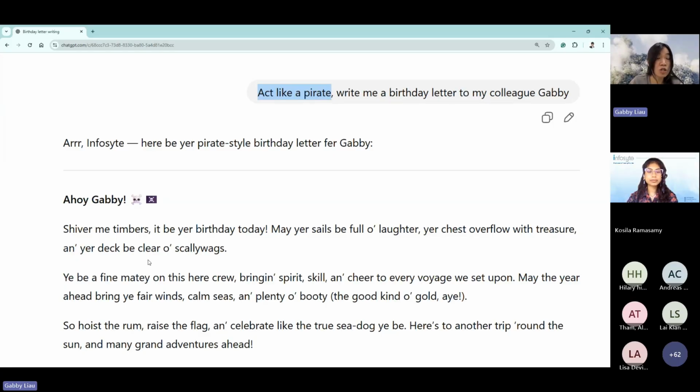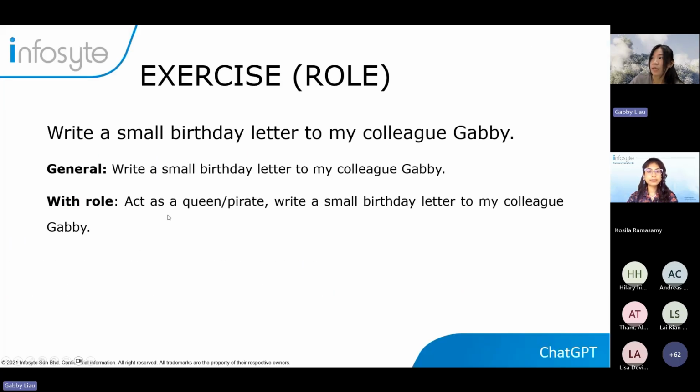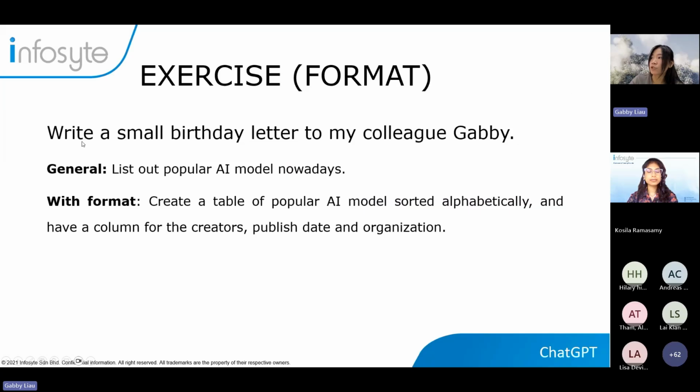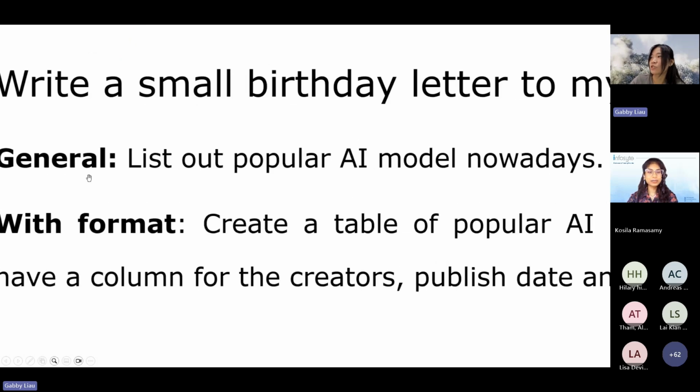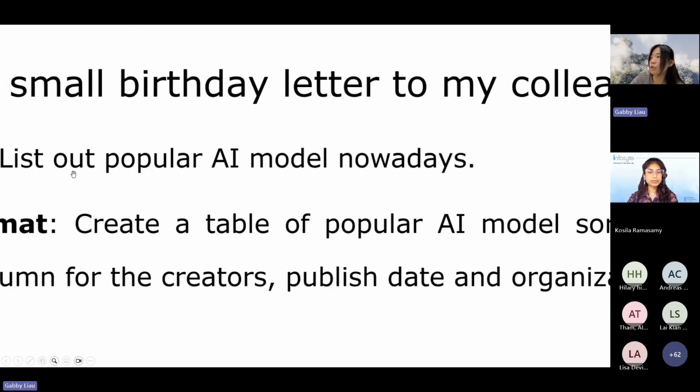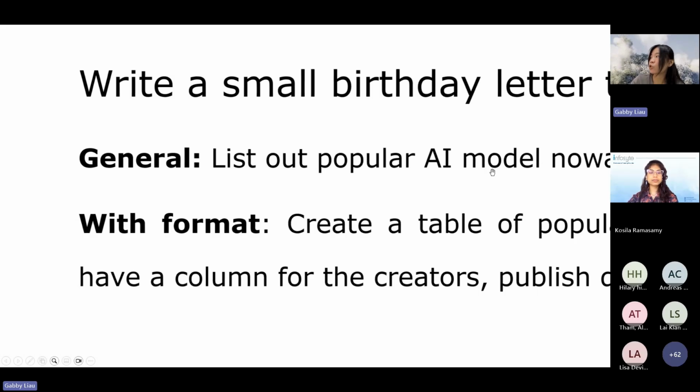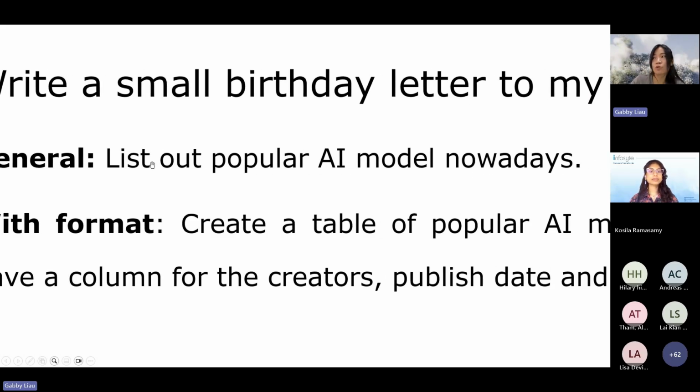If you ask for financial advice, you won't simply ask anyone, but you will feel more trusted if the person is an expert in the field. So that's why we're going to apply it in our prompt as well. Okay, so this is the effect of the role. And then format. Sorry, I think I didn't change this one. But if you just look at the instructions over here, list out the popular AI models nowadays. So I think this is also very common.